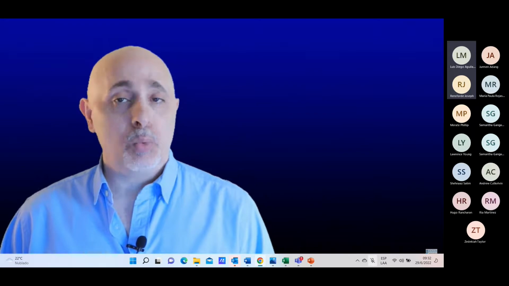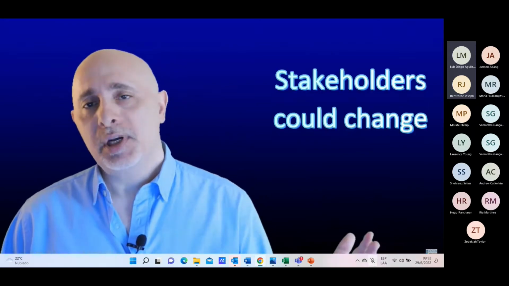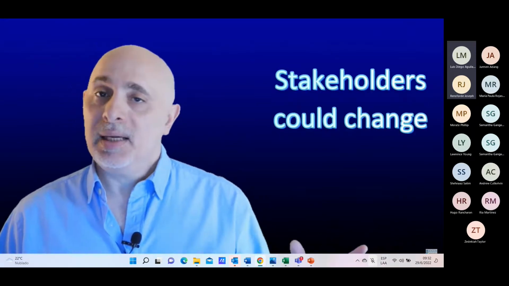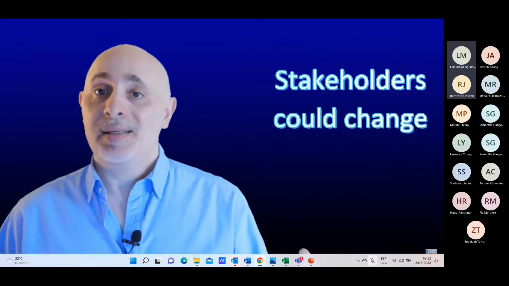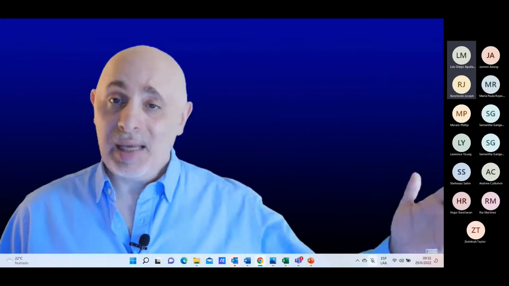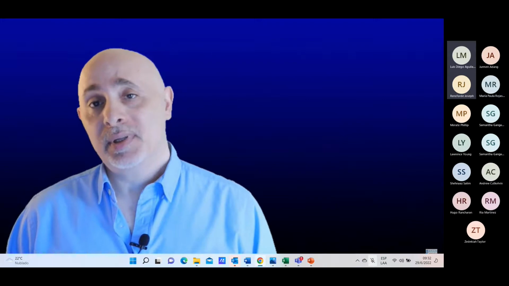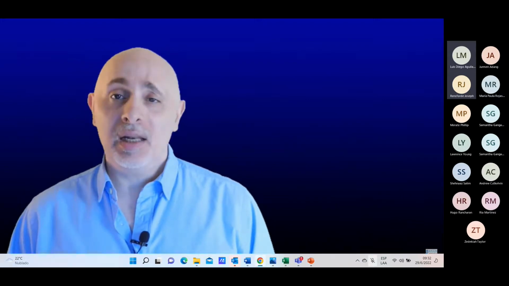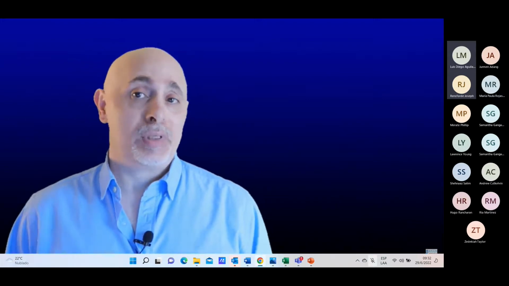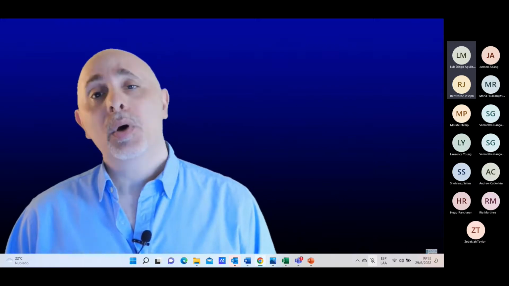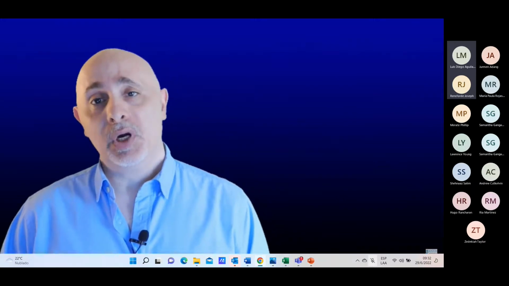until the task is completed. Why? Because stakeholders could change along the way. Any stakeholder needs that you missed or misunderstand and gets uncovered late could be a problem for the initiative that you're working on. So you really have to be diligent in understanding what your stakeholders want and really know their level of involvement within your own project.